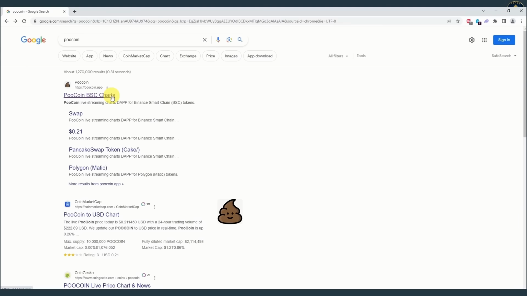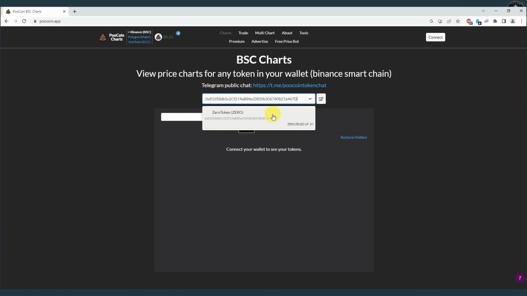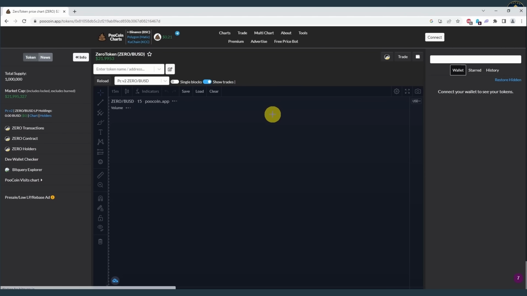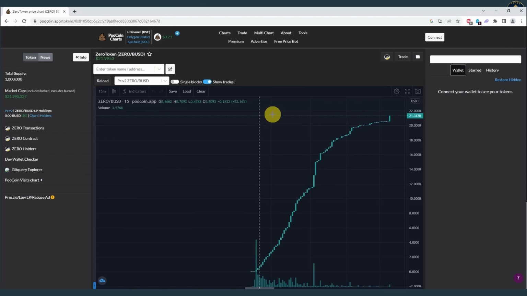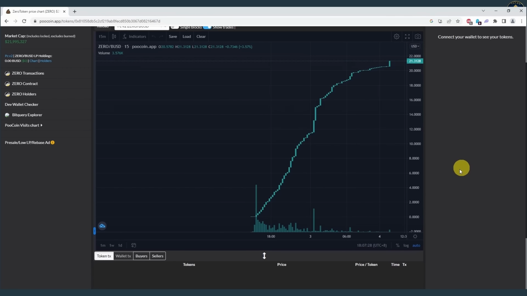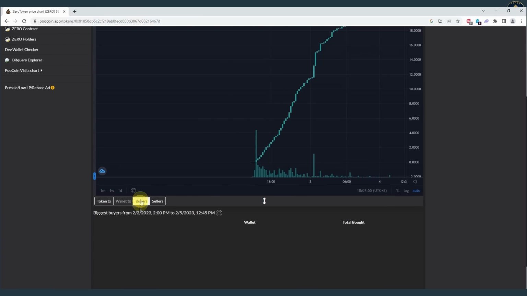Let's go to KuCoin and type in the contract address for the 0 token. And there we go. Now, what are we looking for? As we've mentioned before, in a honeypot, investors cannot sell their tokens, so this keeps pushing up the token price. So a great telltale sign of a honeypot is large green candles with very little red candles on the token trade charts. With our 0 token here, the trading chart is filled with large green candles. This attracts new investors with a promise of large returns.